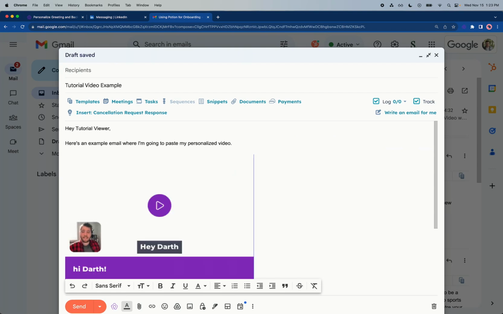Now you'll see that we've pasted that preview, but you can see that it is the one that is specifically for Darth rather than the general one, as you can see both from the banner along the bottom and the